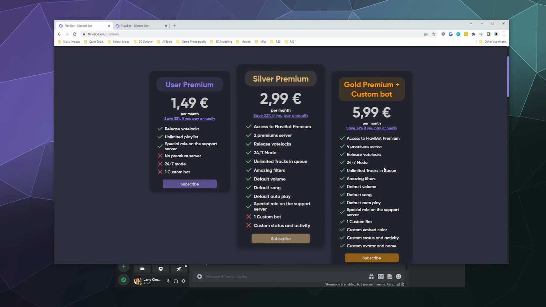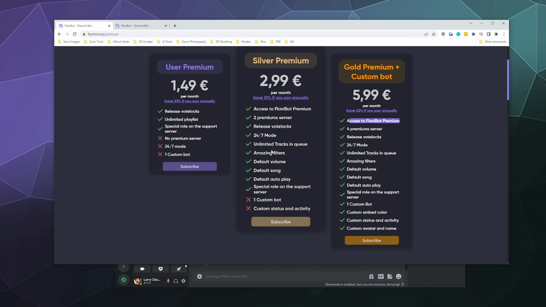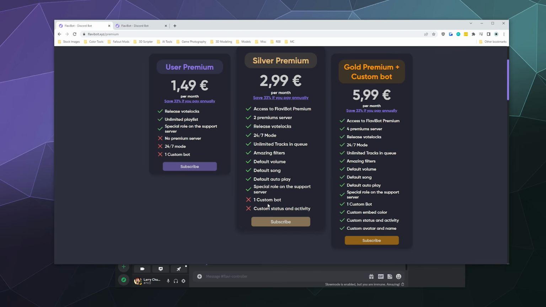But if you pay for the full Gold Premium, which is only $6 a month, you have access to all the other tiers from the previous 2. You also get a custom status and a custom avatar, name, and all that stuff for your own custom bot, which is kind of cool. So if you want a lot of customization and you really use your bot a lot and you want to support the developer and get some added cool features,